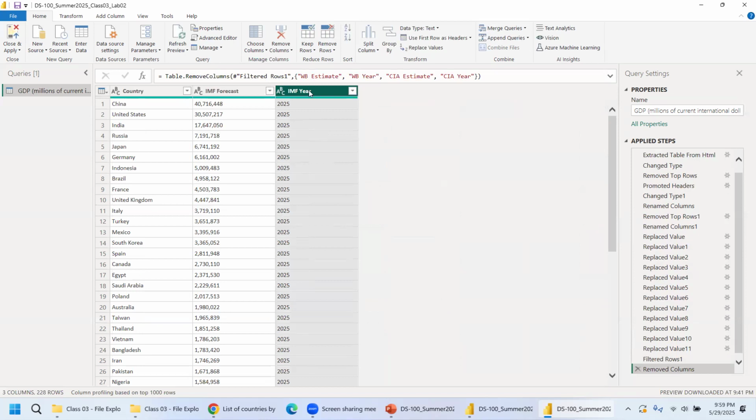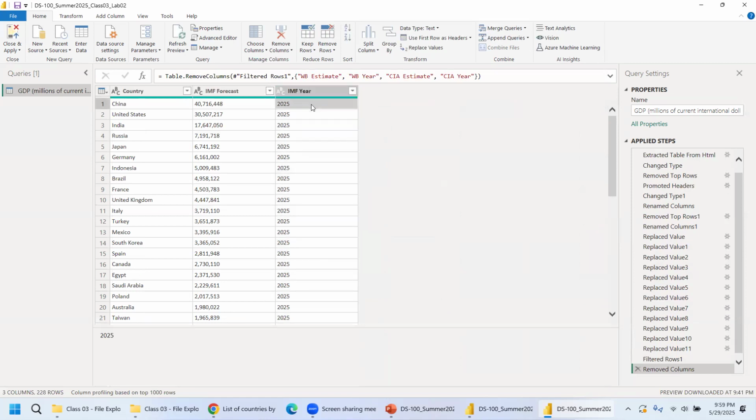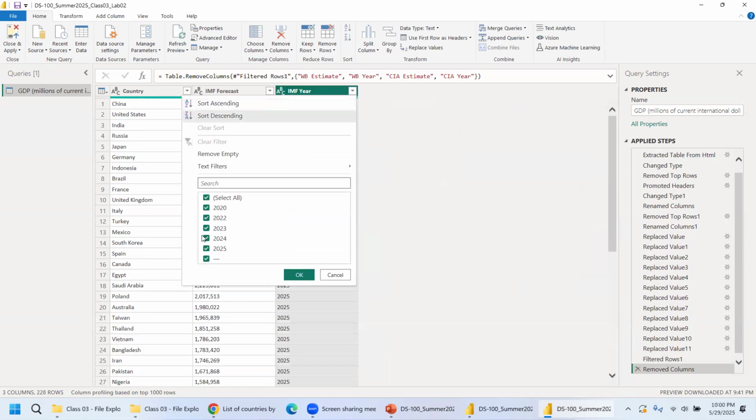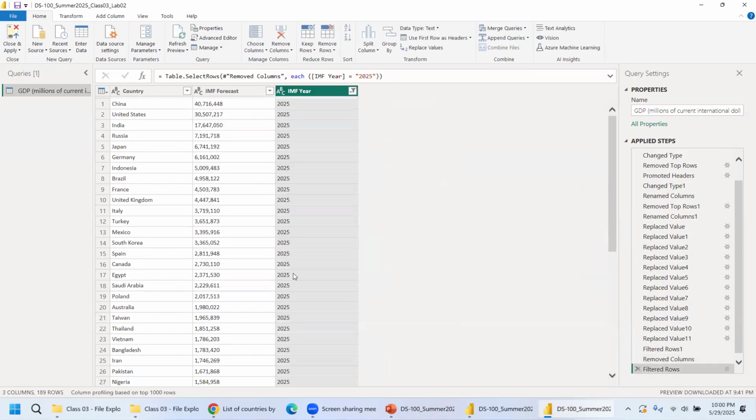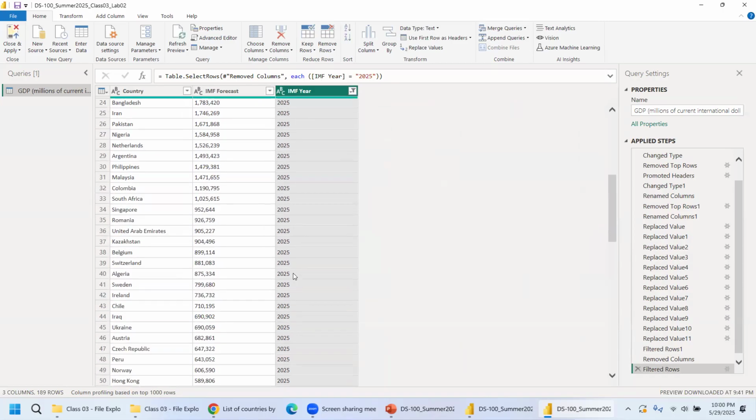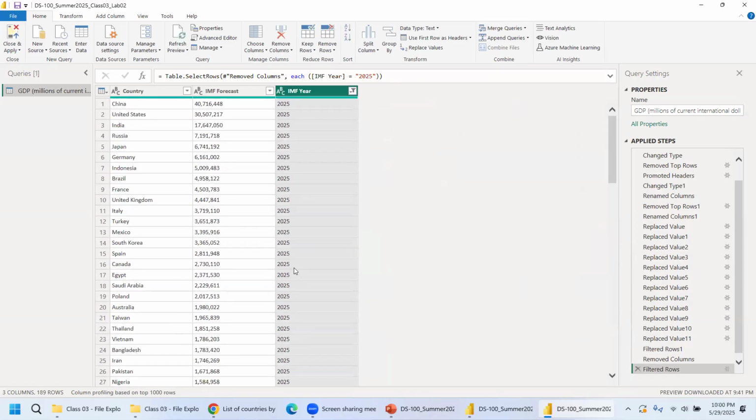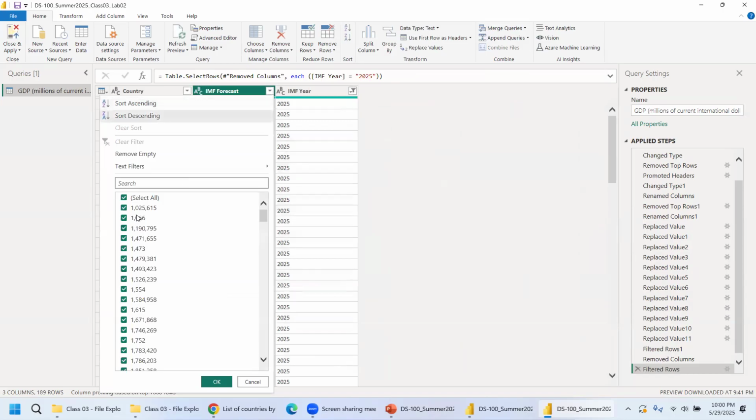Now, what I'm going to do is select the year 2025. And in the year 2025, I'm going to keep the top 25 rows. So first thing I'm going to do is sort these by